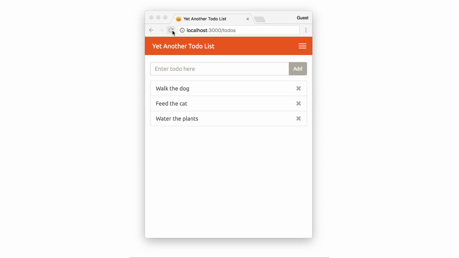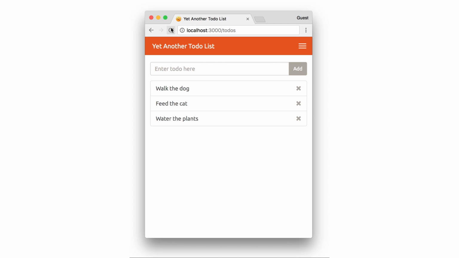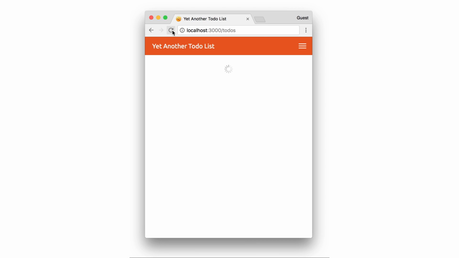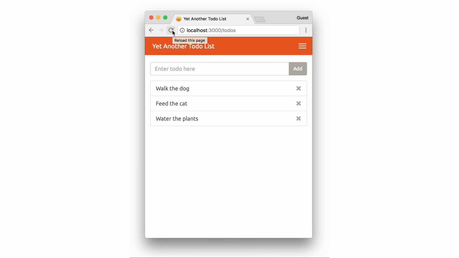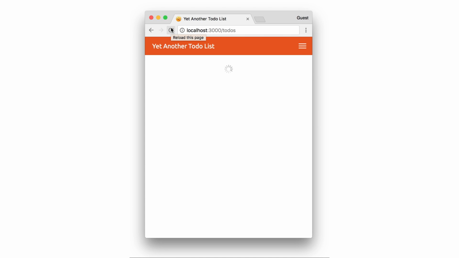I've got the app here, and I'm just going to click the reload link, and you'll see that the spinner's displaying there. We'll just run through it again. Now you see the hamburger in the top right briefly doesn't appear for a bit. I haven't actually shown you the code for rendering that hamburger, but when the hamburger's not there, that means that the app doesn't know whether they're logged in or out or not,